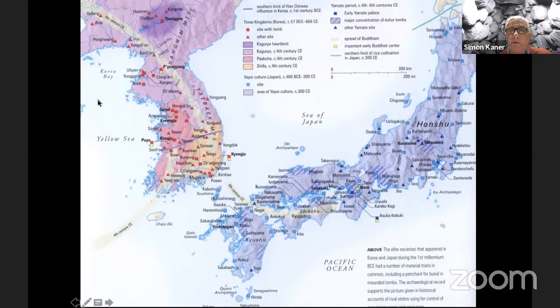The Han Empire, of course, had come to an end in the beginning of the 3rd century AD. And it wasn't really until the 8th century AD, when China was once again consolidated under the Tang dynasty, that there was a strong central power in China. And it's exactly those centuries when we have what we call the Kofun period in Japan, when these elites are developing their political skills, if you like, very much in contact with elites at a similar level of political development on the Korean peninsula. And the relationship between those two areas is central to understanding what's happening in Japan at this time.